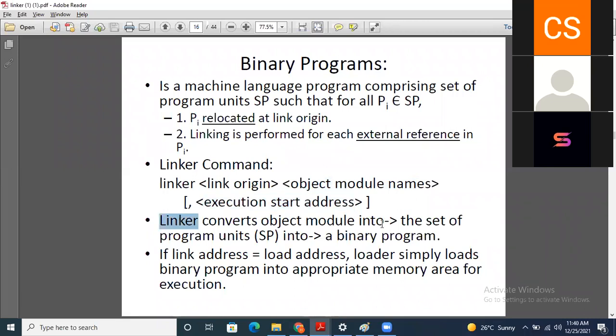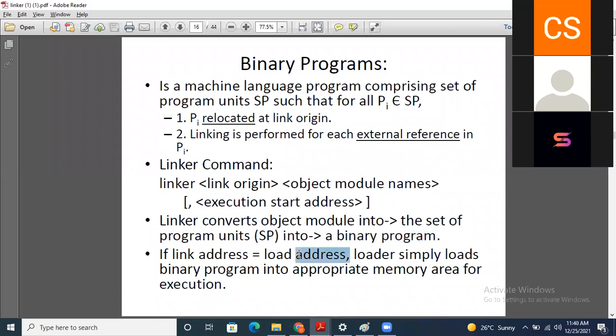So the linker converts the object modules into the set of program units, and this provides a binary program. The linker first converts the object modules into the set of program units because there are different object modules, and these different object modules are converted into the binary program by linking between them.